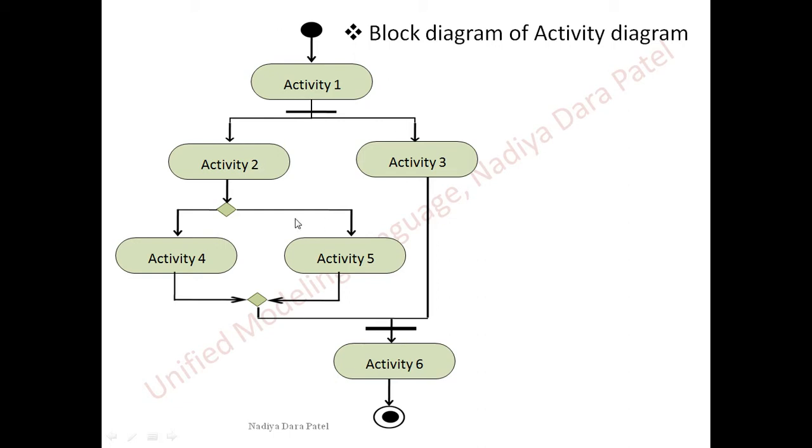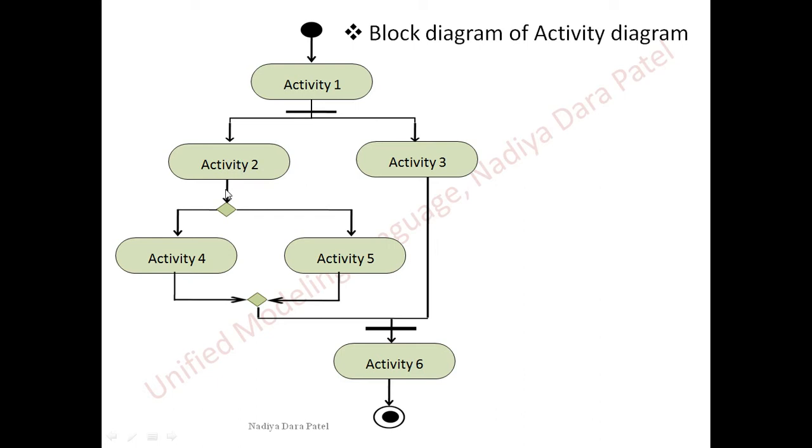So here if you observe, I have made use of a fork. Now how to analyze a fork and how to find a join. If you're making use of a fork, it will have only one incoming arrow and 2 or more outgoing arrows. That means that activity 2 and 3 are taking place concurrently at once. These can be two different activities, but they're taking place at the same time. So I have made use of the fork.